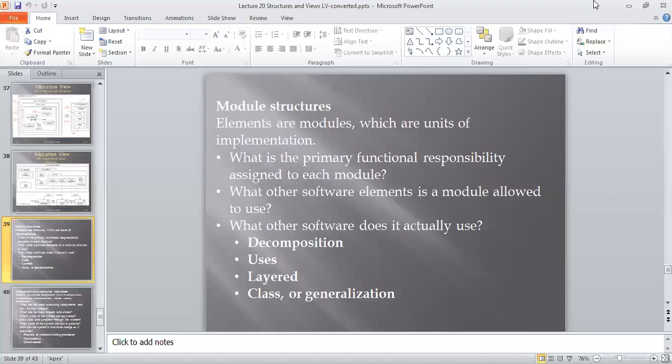So decomposition means what? It shows how large modules are decomposed into small modules or small subparts. This is known as decomposition. That means first there is only the architecture, the attendance monitoring system.